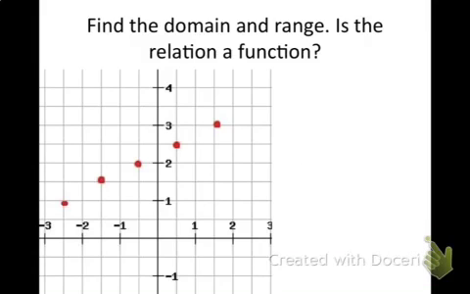The last one we're going to deal with is a graph. So this is what we call a discrete graph because it's just points that don't touch each other. They're discontinuous. So for the domain, you want to look at the x coordinate. So I'm going to start with the one furthest to the left. So for this one, the x value is